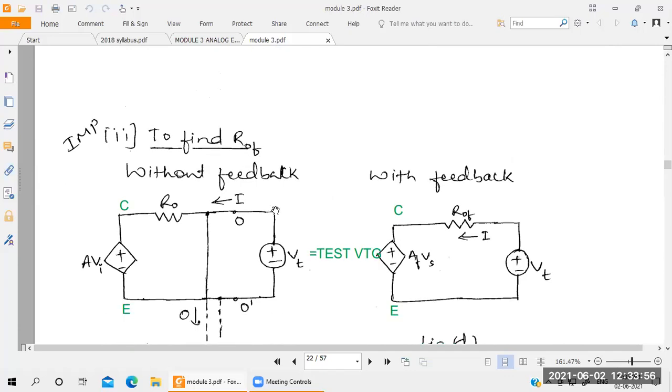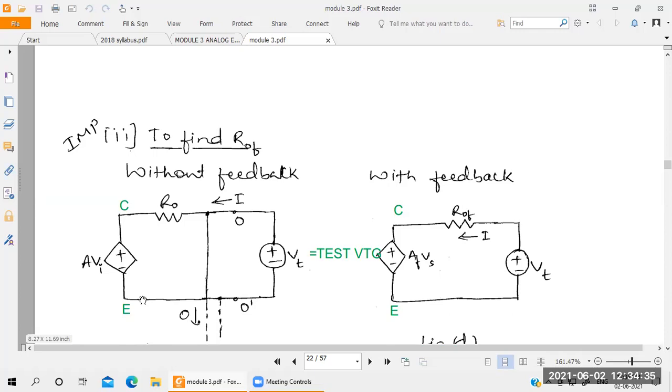See here, for finding the output voltage or output resistance, you have to neglect the input source. Remember that this is the condition. For finding the output voltage, output resistance or output capacitance, you have to neglect the source voltage or source current. That's why we have not connected any input here. There is no input here. Only you take collector and emitter, because we are going to find only the output side, output resistance or output voltage. That's why neglect the input. Neglecting the input means don't draw base to emitter. Only you take collector to emitter.